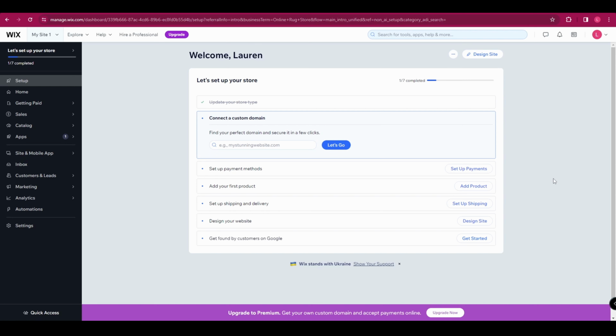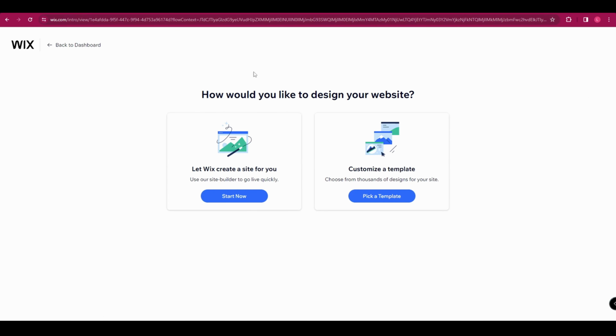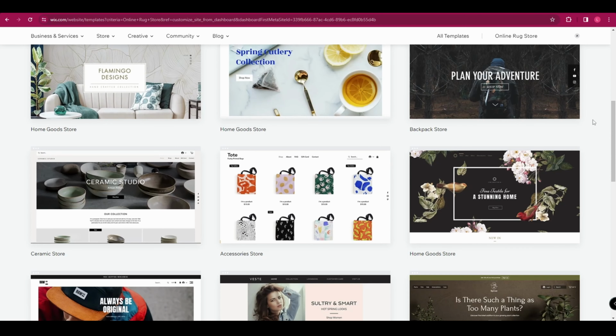To get started customizing your theme, head to your Wix dashboard, and in the top right-hand corner, we're going to click Design Site, and it's going to give you two options. You can either let Wix create a site for you, or you can customize your template. So we're going to go to Pick a Template, and it's going to show you all of their pre-made templates